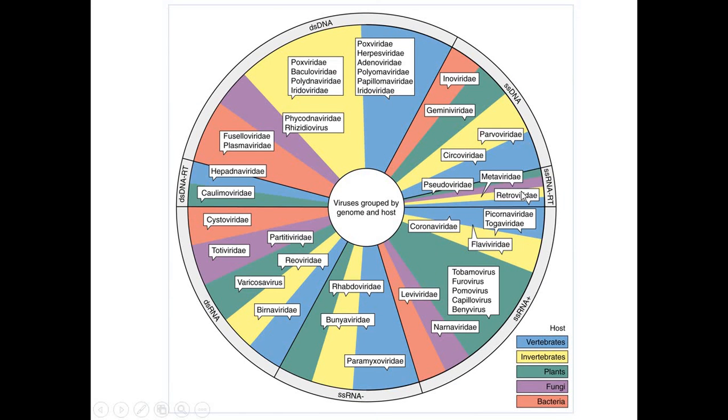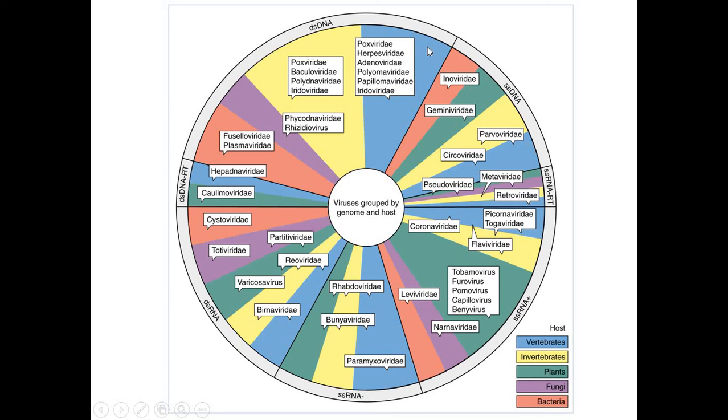In this depiction you can see the different viruses that attack the different hosts, like vertebrates. The viruses that attack the vertebrates are shown in the light blue color.